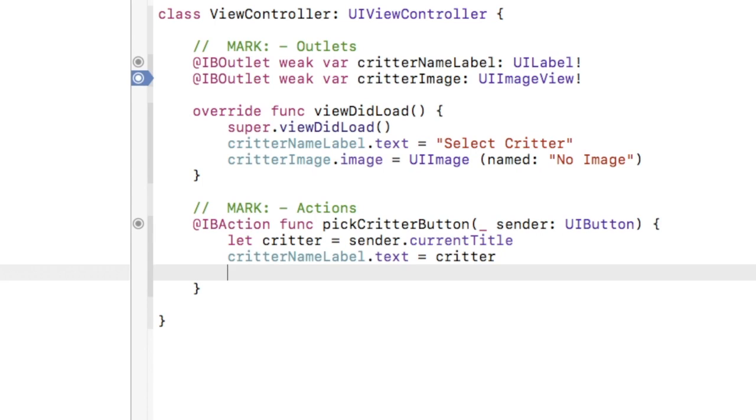Now when we press the button, the current title of the button is stored in the property critter, and then we use that property to update the label itself. And we can do something quite similar with the text to essentially pull up the image of